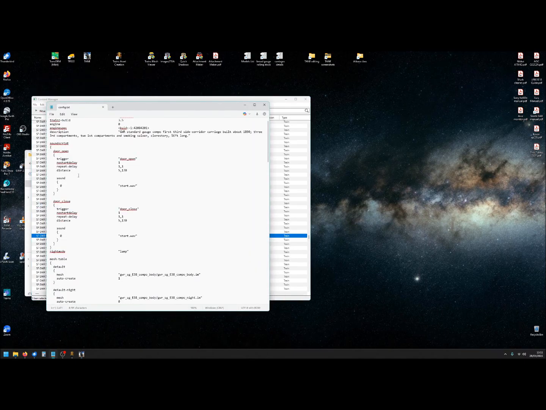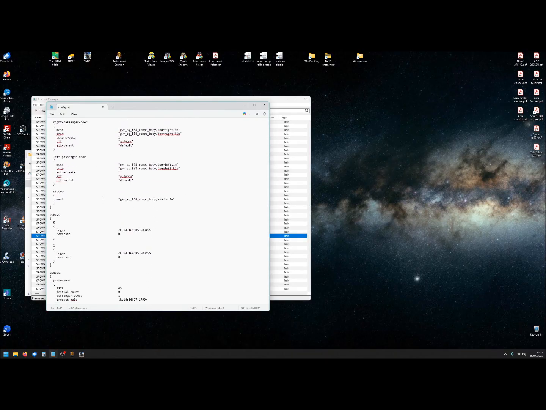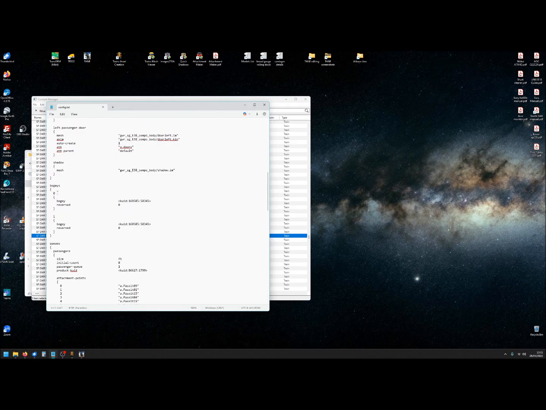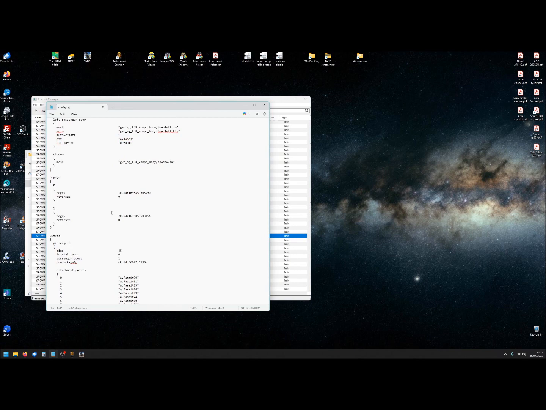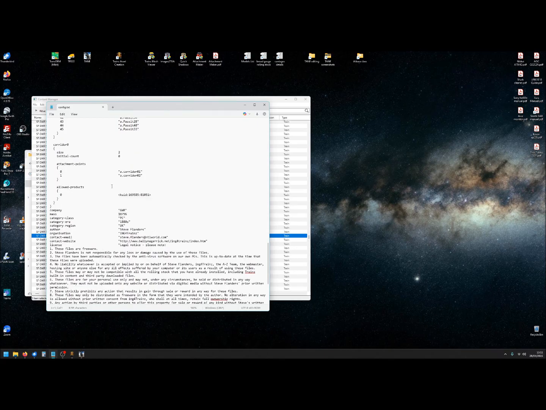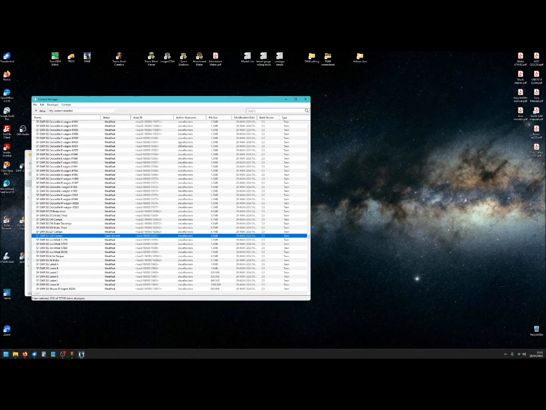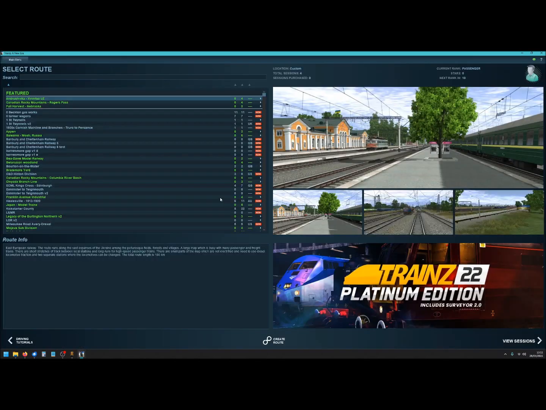If we were to look at the config file, here we are. So we've got the door open and door closing, we've got night mode, we've got all the bits, how they attach, the doors, the shadow, and now here are the bogies. Okay, that's for bogie 0, and that's for bogie 1, and there's the two copies of the same bogie used in the carriage. And then we've got all the passenger attachment points and the attachment for a corridor joint, a joining piece at the end. So I hope that makes it a little bit clearer, and I will just show you. Let's just go into trains, and I will show you just a little